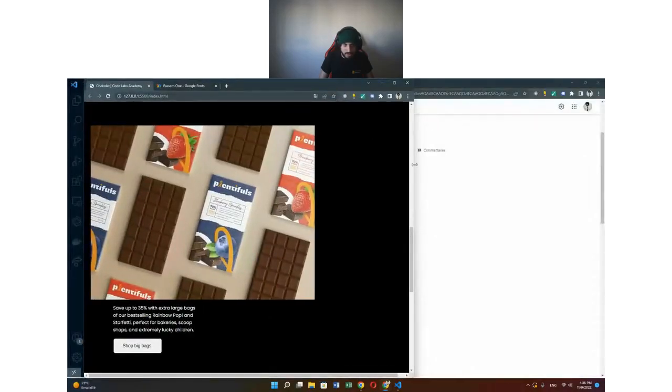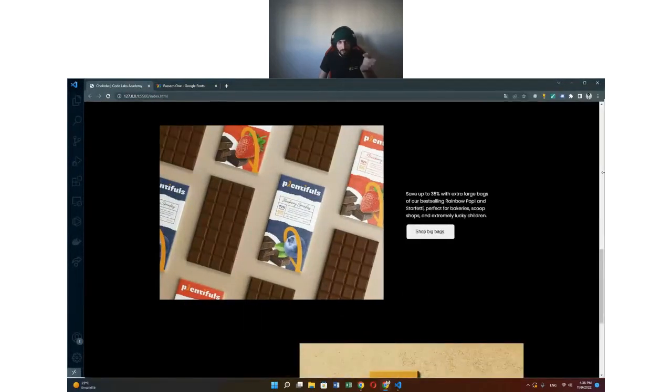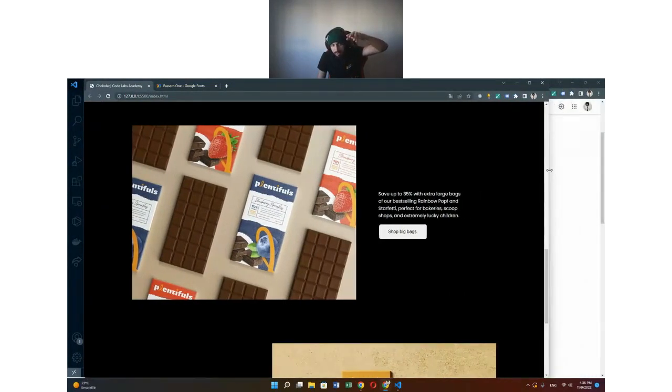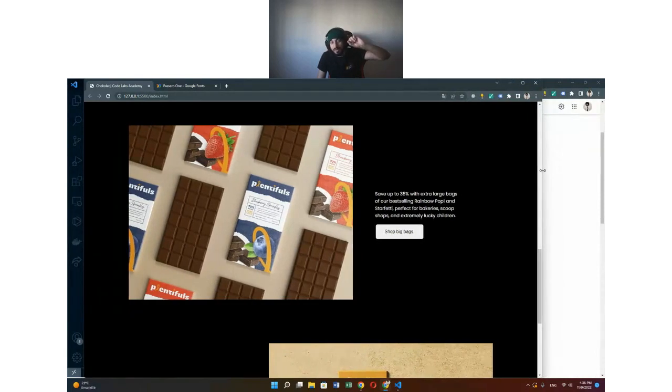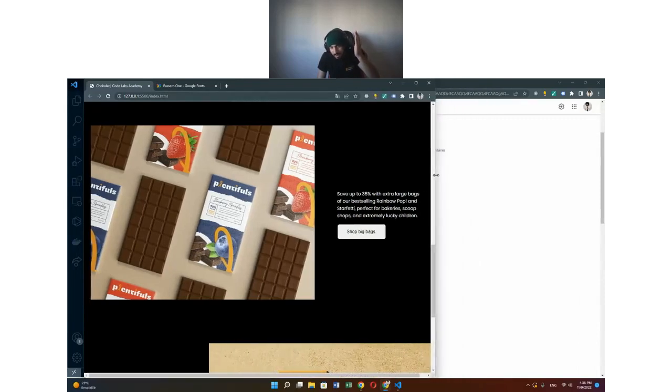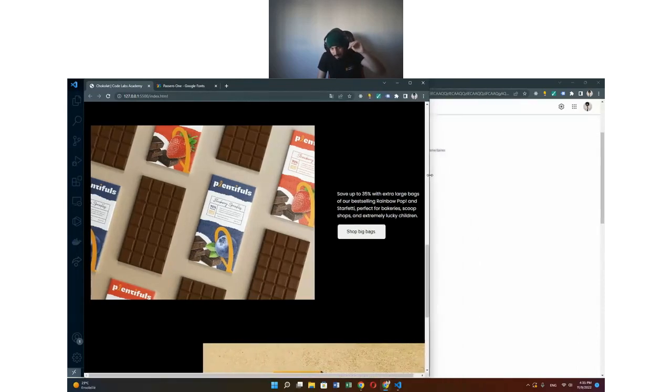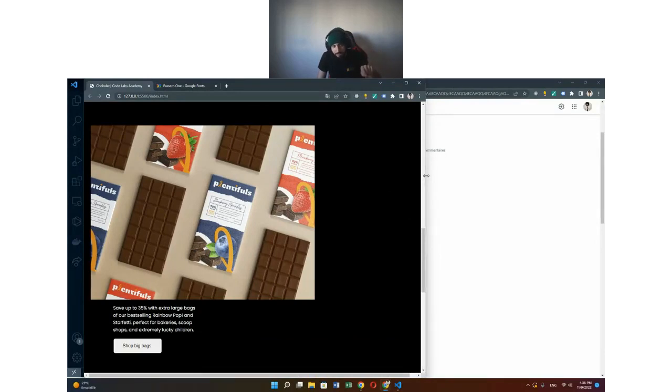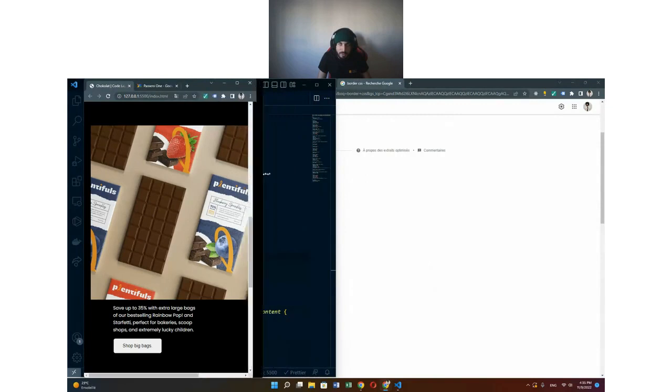Let me do this. So this is the natural flex, which is a row, but the flexbox right now, the container is wrapping the content. So if the image is taking 800 pixels and the paragraph needs 300 pixels. So if right now there is 300 pixels on the top or on the right, which is enough. But in case we go below 300 pixels, that content will move to the bottom, which means in a mobile